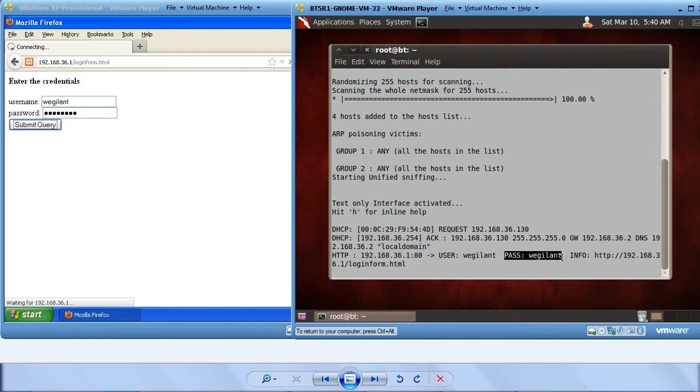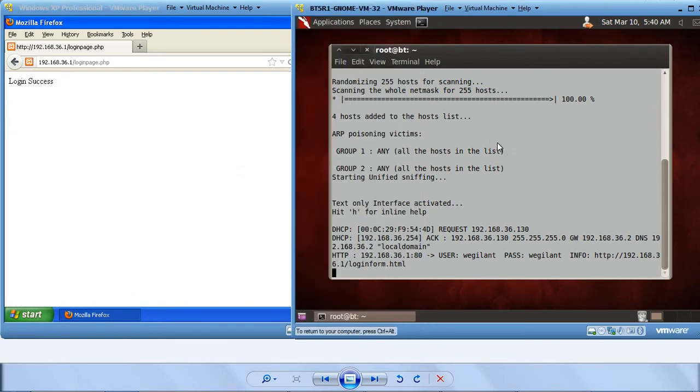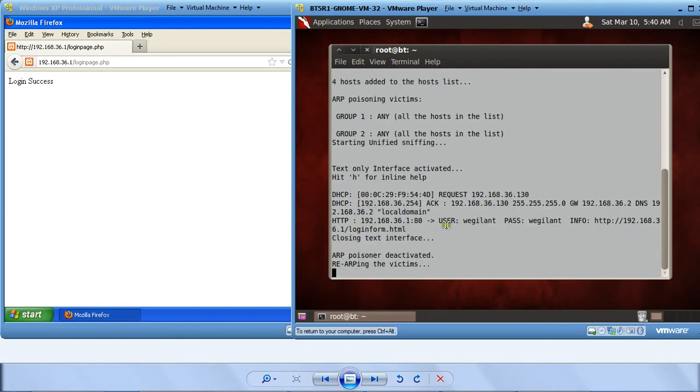It's that simple using backtrack. You can use different pages here. I've only shown you a small page. You can use any page here and try to enter the script. Then in the backtrack machine you can use ettercap as a tool to start the attack. Alright, now this was using a command line interface.